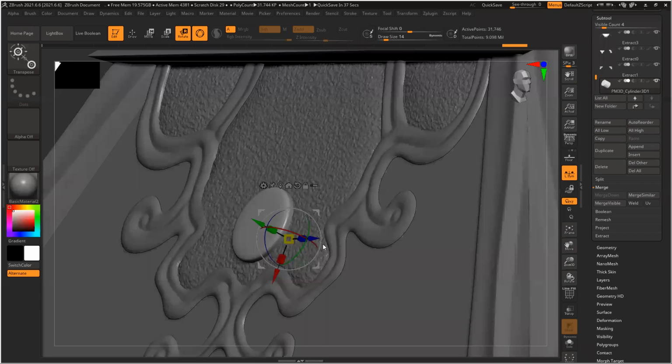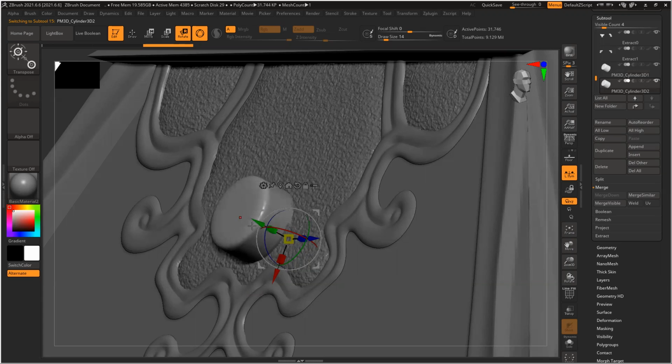Because this gray part, this noise thing, is not there, I have to get rid of that, and plus the thickness, the border also I need. So I'll keep this cylinder. Control Shift D will duplicate the cylinder, and scale it slightly down.